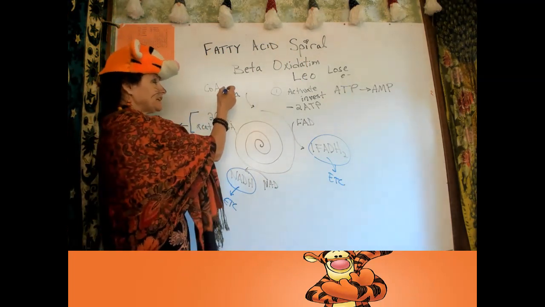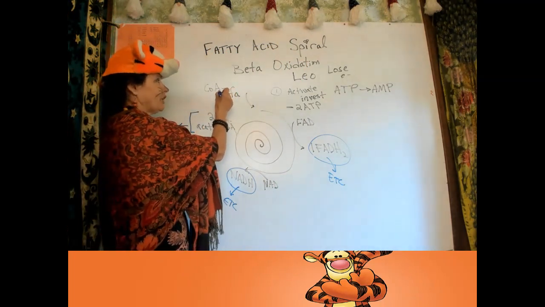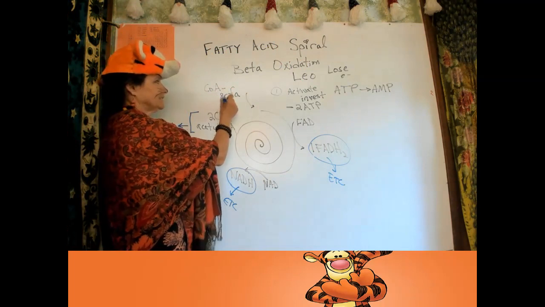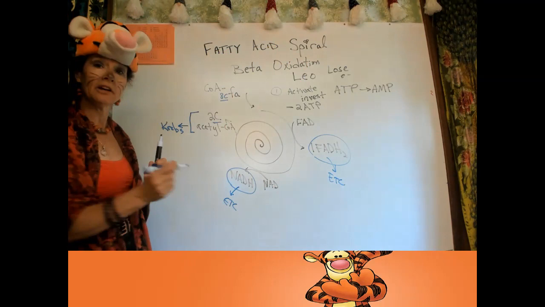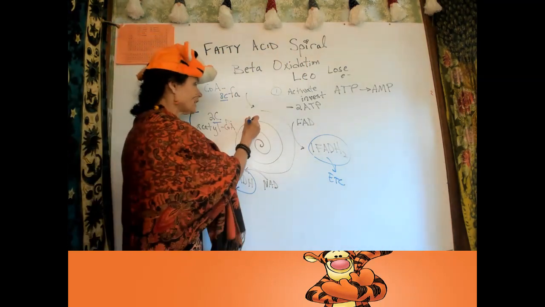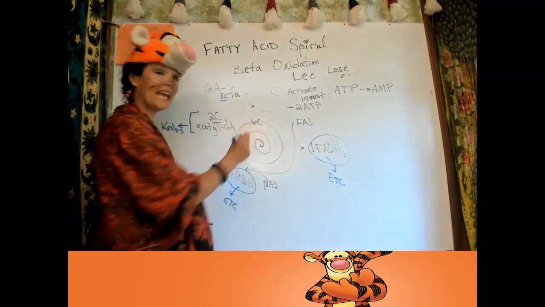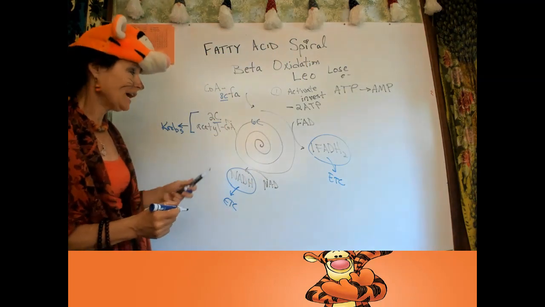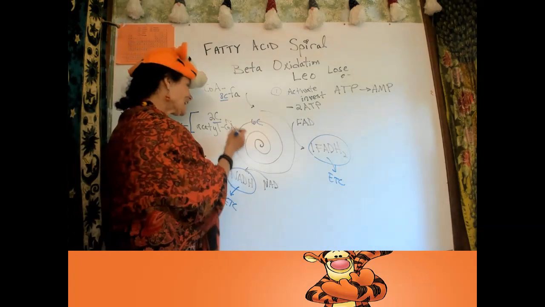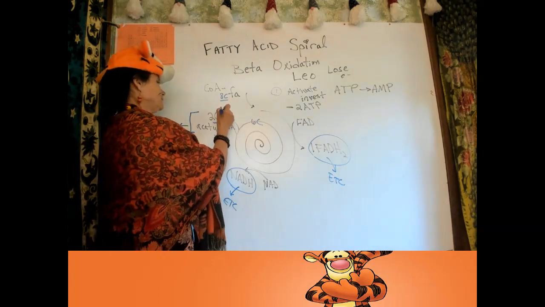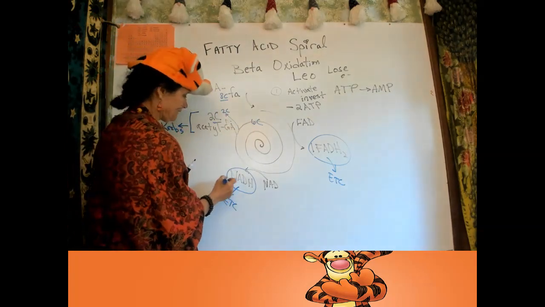Let's say we start with 8 carbon fatty acids. It went through the spiral, 2 carbons came off. Oh, we still have a 6 carbon. And it goes through again, and we get another FADH2, and another NADH, and another 2 carbon group. And so we'll put another 2 carbon group,